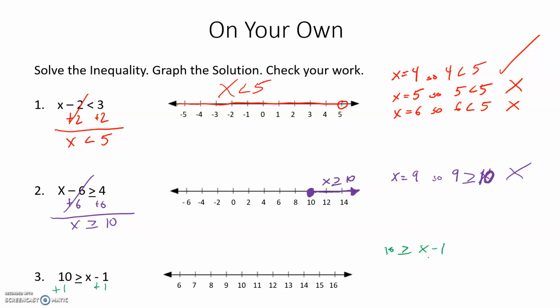I'm going to add 1 to both sides, and I'm left with 11 is greater than or equal to x. And then I'm going to find 11, use a closed circle because 11 can be included, and x is going to be less than or equal to 11, so I'm going to shade in to the left of 11. Hopefully, if you have any questions, send me an email, and let's go on to